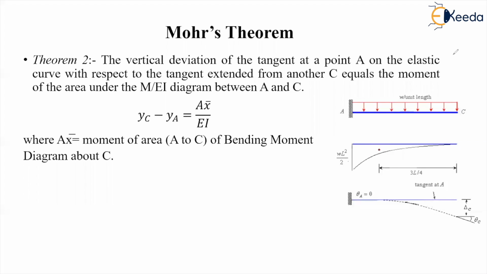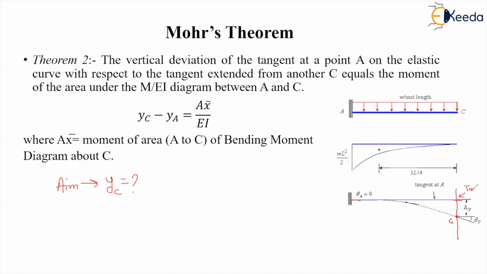In that case, you have to choose a vertical line such that, suppose I want to find delta C or YC. Our aim is to find the YC, right? So I can choose a vertical line at this free end, so that the tangent at this vertical line is the line itself, right? And the tangent of A passes through the horizontal line. This horizontal line is the tangent of A, right?